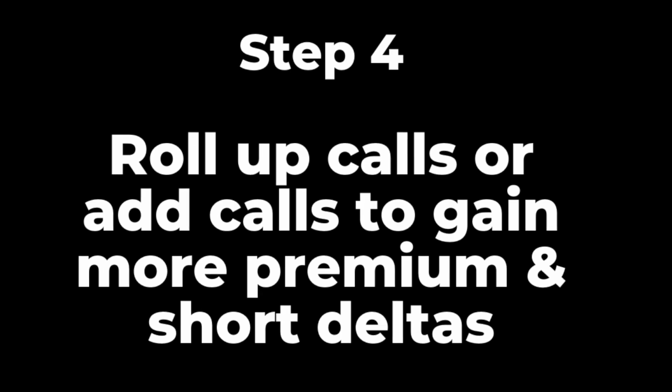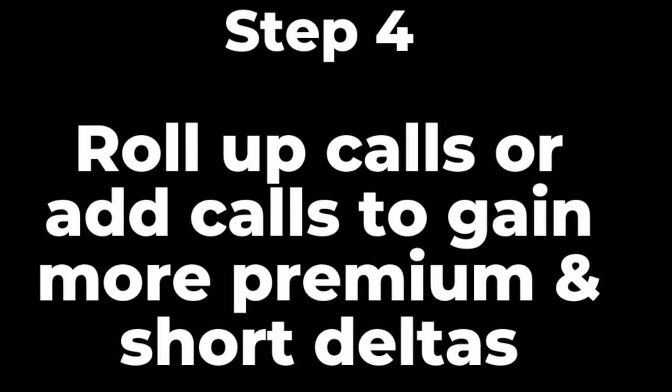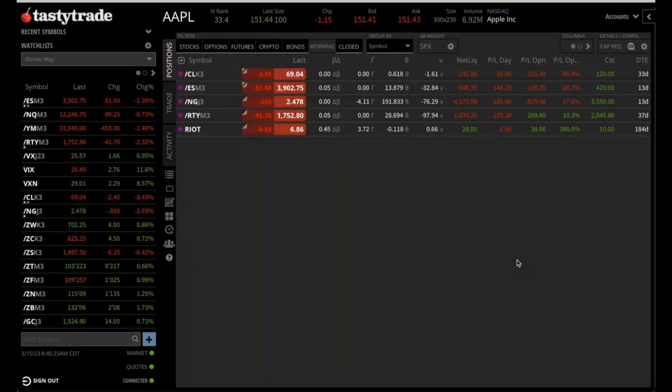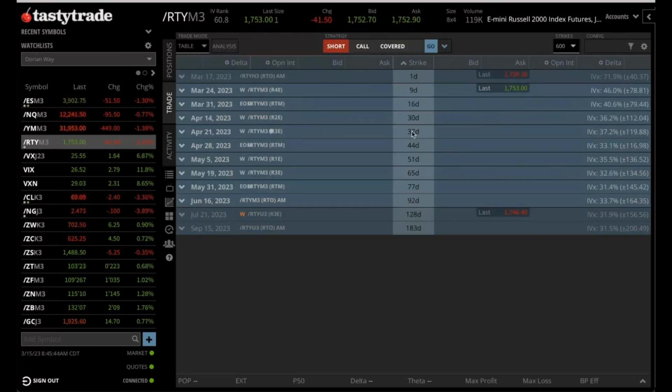Okay, so another step forward that you can look for is that you can roll up calls to collect more premium, and you can also decide when you roll up those calls to buy put spreads to be able to double up on short delta, right? Because when you sell a call, or if you're rolling up calls closer to at the money, that's giving you short delta. Okay, so for what I mean by that is that if I go over to this RTY,